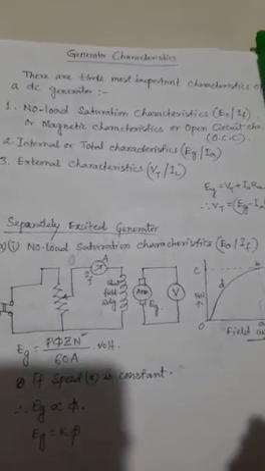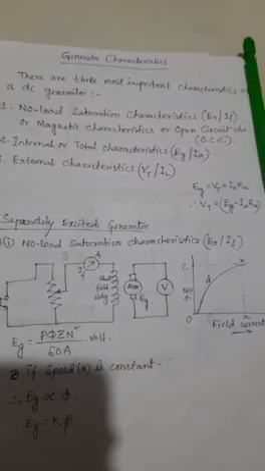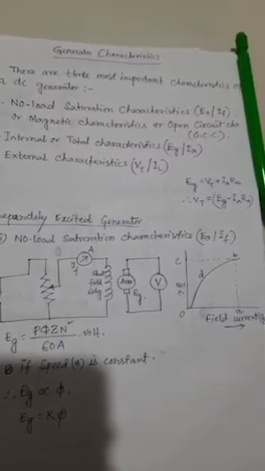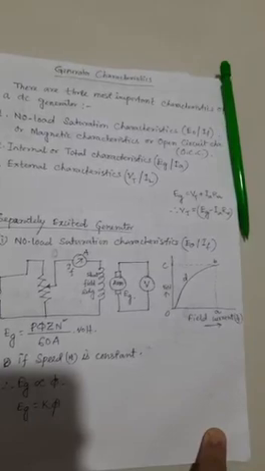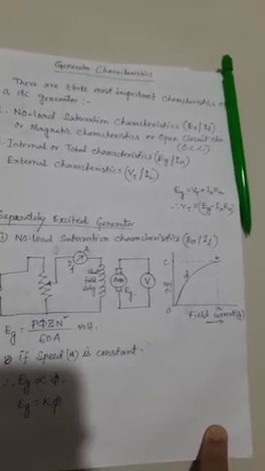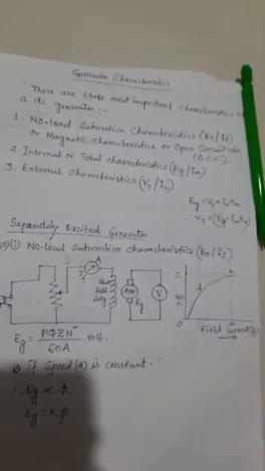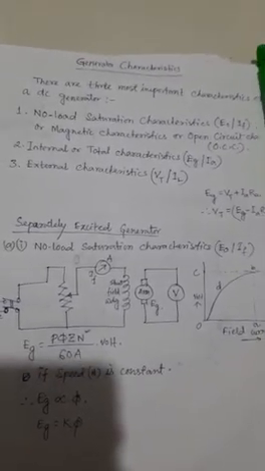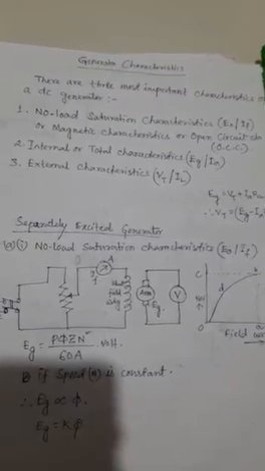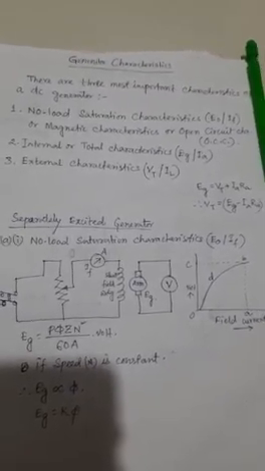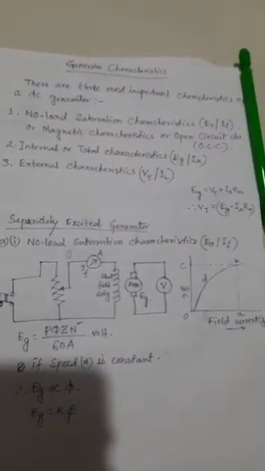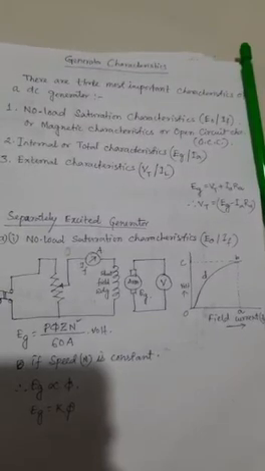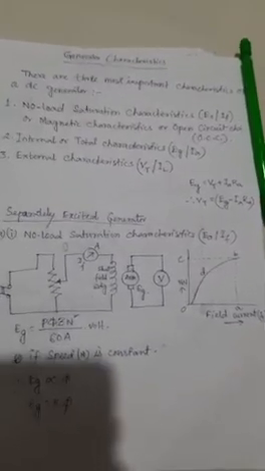We have already learned generator principle, working principle, different parts of a generator, different types of a generator, losses of a DC generator, EMF equation of a DC generator, as well as the efficiency of a generator. So today we'll start a new chapter, that is generator characteristics. Generator characteristics give the relation between the terminal voltage and load current. It is of great importance in judging the suitability of a generator for a particular purpose.